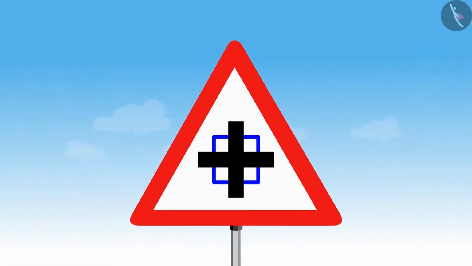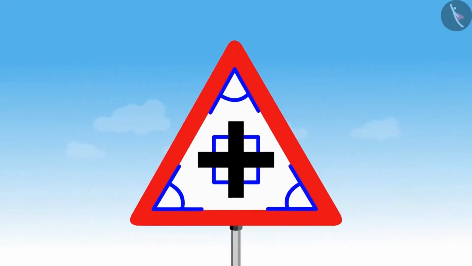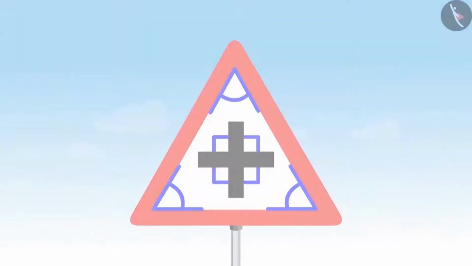Yes, Dholu, there are 4 angles here, but I can see 3 more angles. Look at them too. 1, 2 and 3. Oh yes, I didn't notice them. In this shape, there are 3 more angles, and the value of these 3 angles are less than right angles. Children, can you find more angles in this sign?